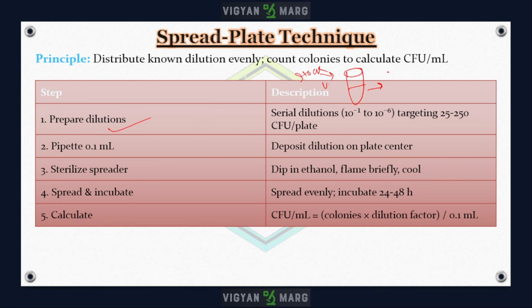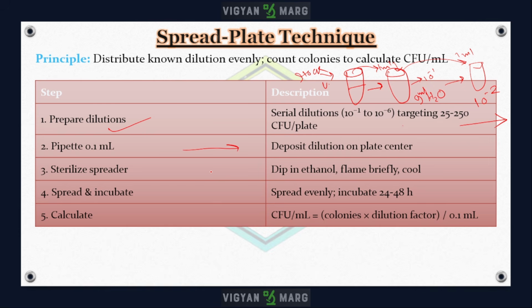Okay, next in that second tube, what will you do? Suppose you have 9 ml of H2O in there. Now from the main stock you will take 1 ml of the culture, and you will add it here. Okay, now this becomes your 10^-1 dilution. Like the same thing you will do, you will take 1 ml from this one, and this will become your 10^-2 dilution, and so on you will do the dilution, and it depends on how many folds you are diluting the sample. Okay,